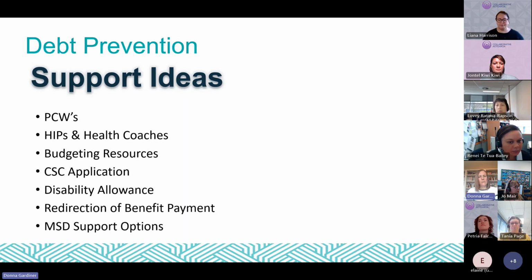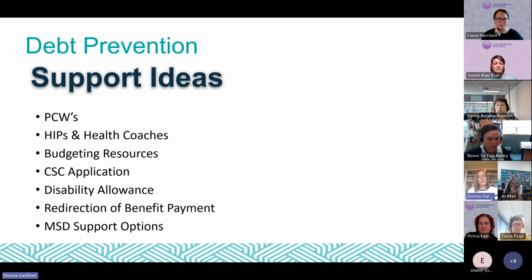The disability allowance, so obviously having patients on it that are eligible, but also thinking about getting a review done if their health-related costs have changed, so they can review and make the payment higher for the patient if their costs have increased.